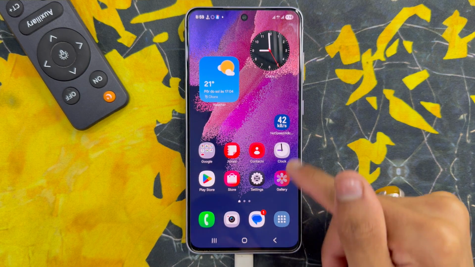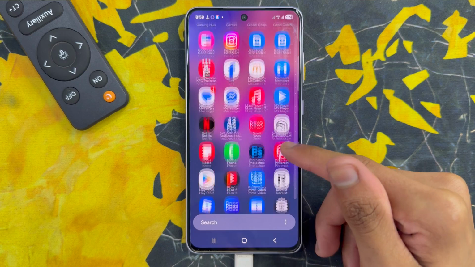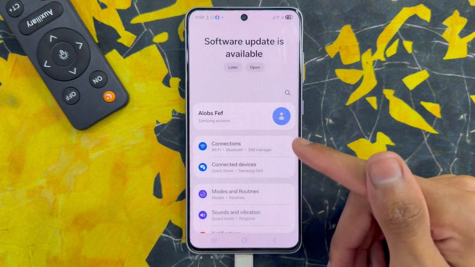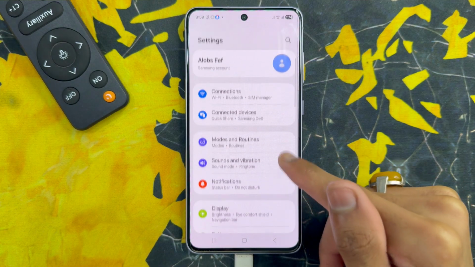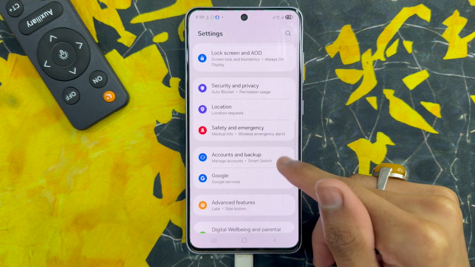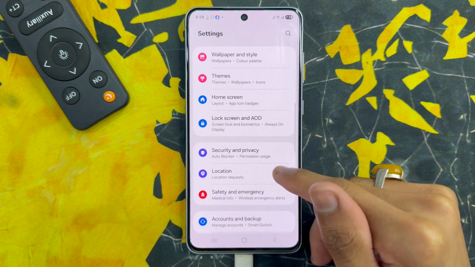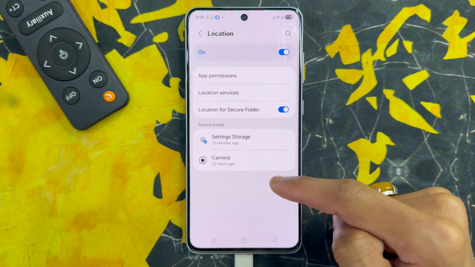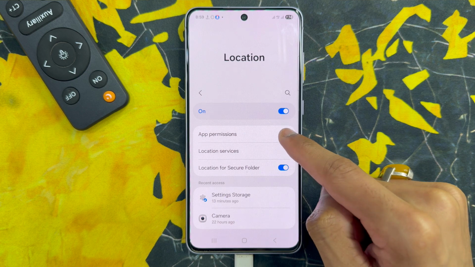First of all, go to the app library. Here, click on the Settings app. Now in Settings, scroll down and click on Location. After clicking on Location, click on App permission